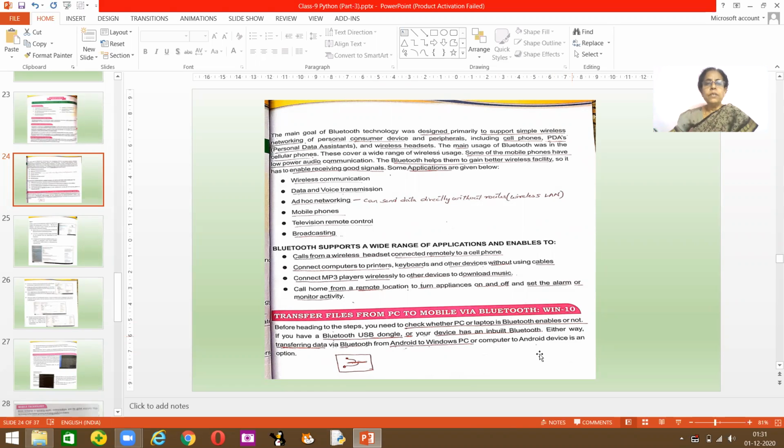Either way, you can transfer the data via Bluetooth from an Android to a PC or PC to an Android. So here you got this arrow mark also. You can check whether you have Bluetooth or not. Otherwise, the next step is